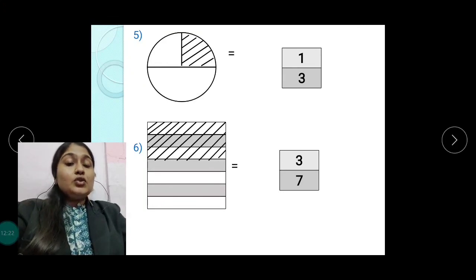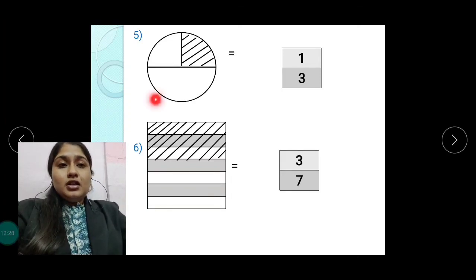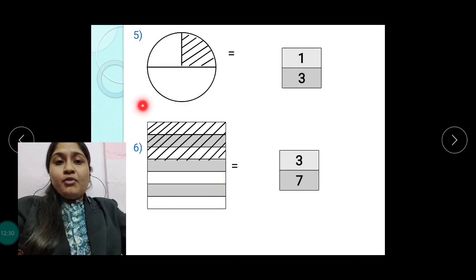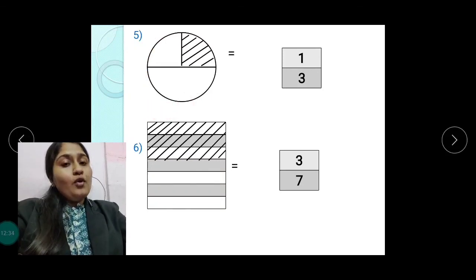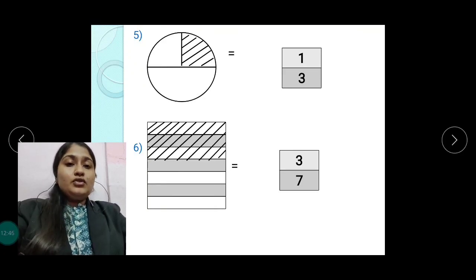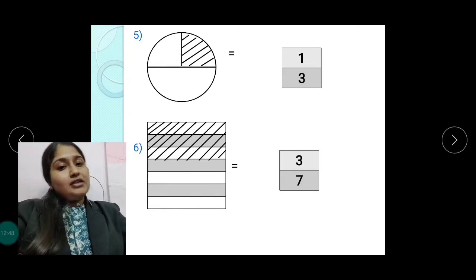Okay, my dear students. So exercise 2 will be your homework. Okay. So students, this circle, you can draw it with the help of a bangle. Squares and triangles, you have to draw with the help of a scale. Okay, my dear students. So exercise 2 will be your homework, and you have to complete that in your maths notebook only.